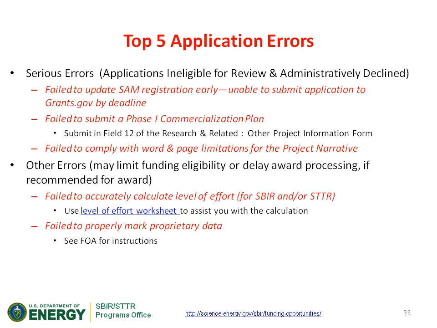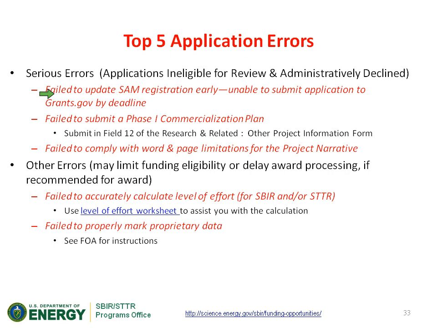And here we put in some of the key application errors, and some of these, which we would call serious or fatal errors, are the ones that prevent you from getting reviewed. In other words, we would end up declining you without review. So as I mentioned before, there are a number of people who just are not able to submit an application to grants.gov by the deadline because they failed to do the registrations, or even more common is that you actually have to update your SAM registration every year.